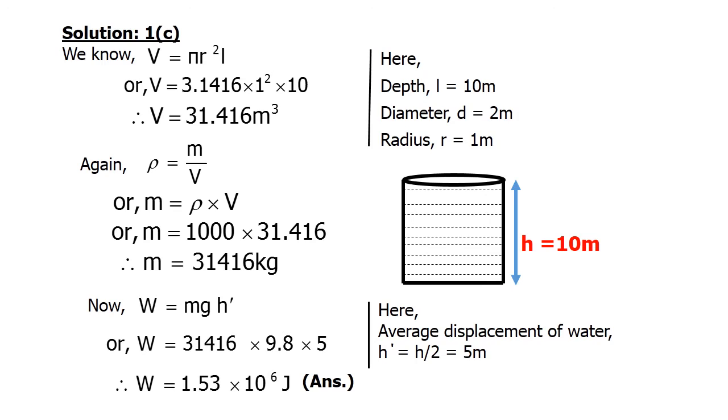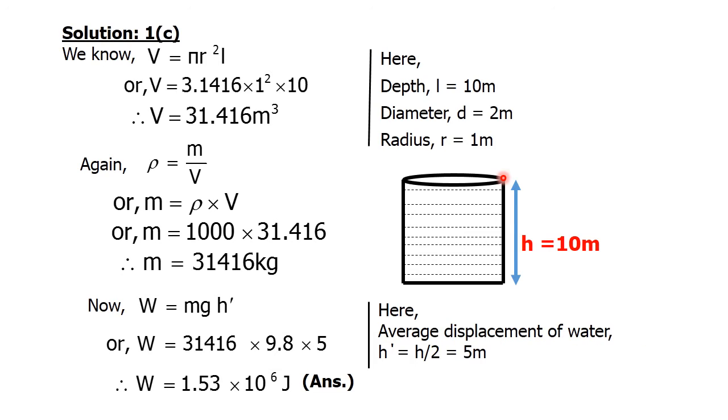And if an engine is used to raise the water from those 3 portions, then in the case of the upper portion, the work done by the engine to release the water will take less time. The work done by the engine to release the middle portion water is more than for the upper portion, and the work done to release the bottom portion water is more than the former 2. So we have to decide a fixed height.